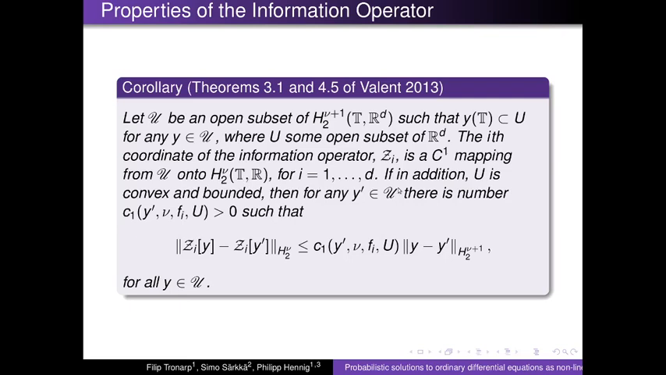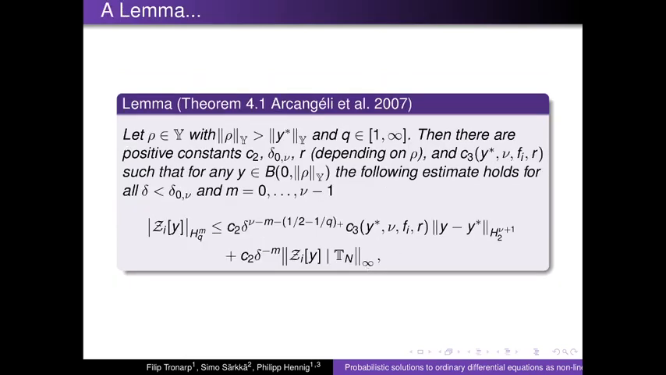And if in addition this open set in Euclidean space is convex and bounded, then the information operator is locally Lipschitz as well, is essentially what this is saying. And yeah, so then we can of course combine this with these Sobolev semi-norm inequalities from, say, Arcangeli et al. from 2007. And so essentially if we pick some rho in our RKHS such that it is larger in